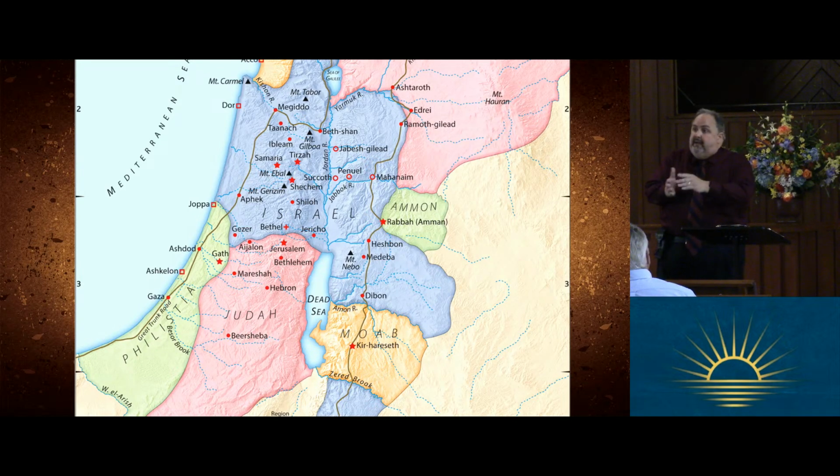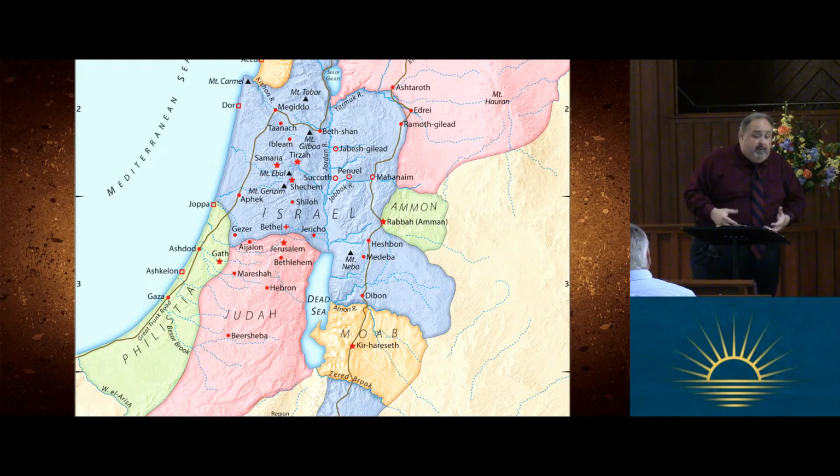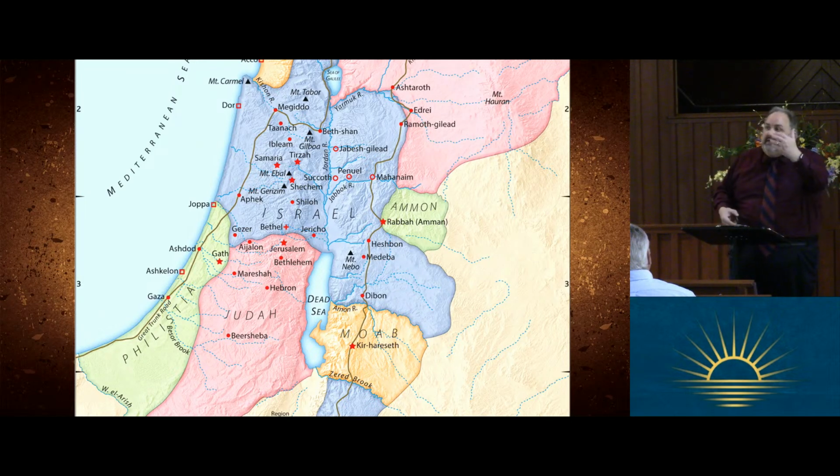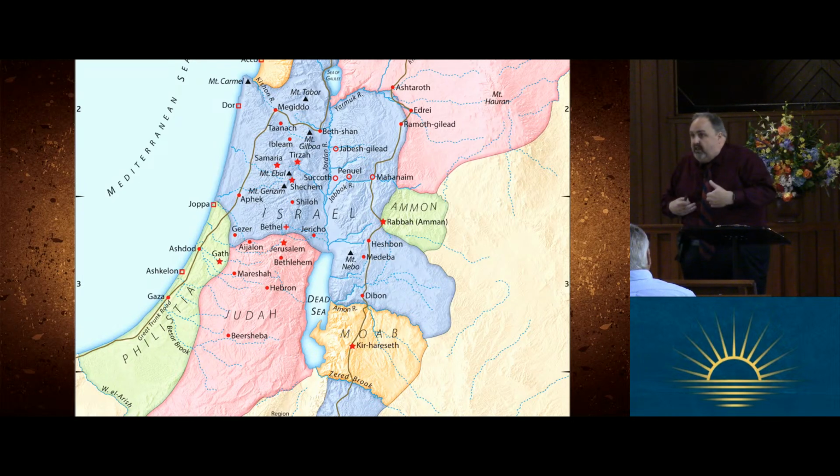No. David, yes, he's the king of all 12 tribes, but he favored Judah. And that's where everybody came from. All the servants came down to Judah. Judah became prominent. It's the dominant tribe. And Solomon continued that. I mean, he's got to build the temple. He's got to build his palace. It took 7 years to build the temple. It took even longer to build Solomon's house.